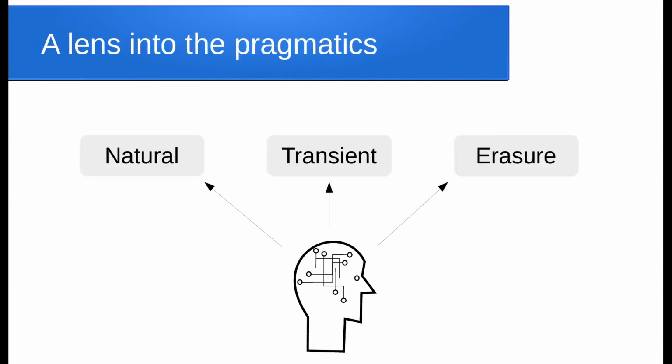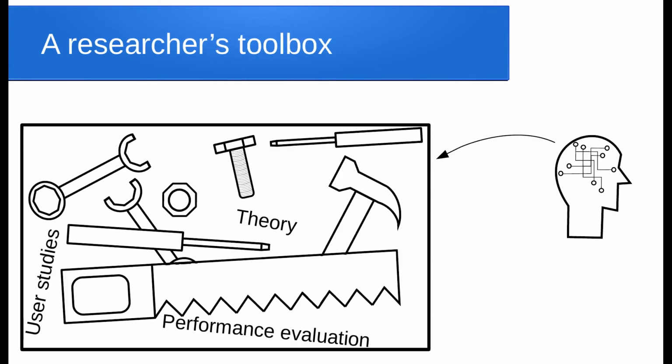In closing, though, I want to step back and look at the big picture. The rational programmer is a new method for understanding the pragmatics of systems like gradual typing, and in this experiment it has given us a new lens into the pragmatics of debugging with the 3 different semantics. And overall, we think this experience has shown how the rational programmer is a useful tool to add to the toolbox of the working PL researcher.